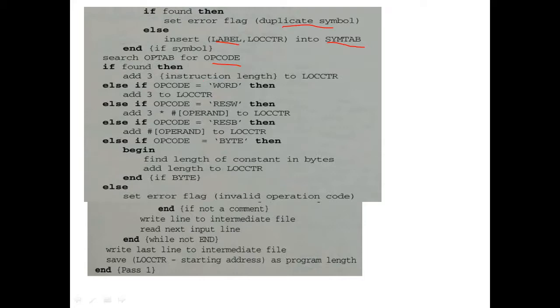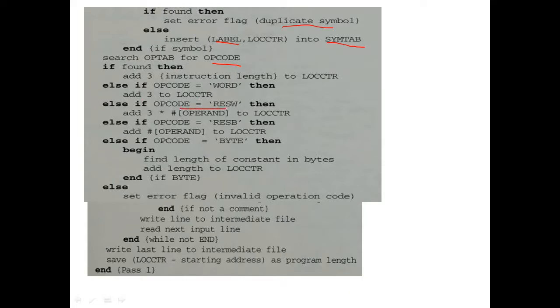Now we'll see the assembler directives. Assembler directives are START, END, WORD, RESB, RESW, and so on. If your opcode is WORD, then also add 3 to your location counter.